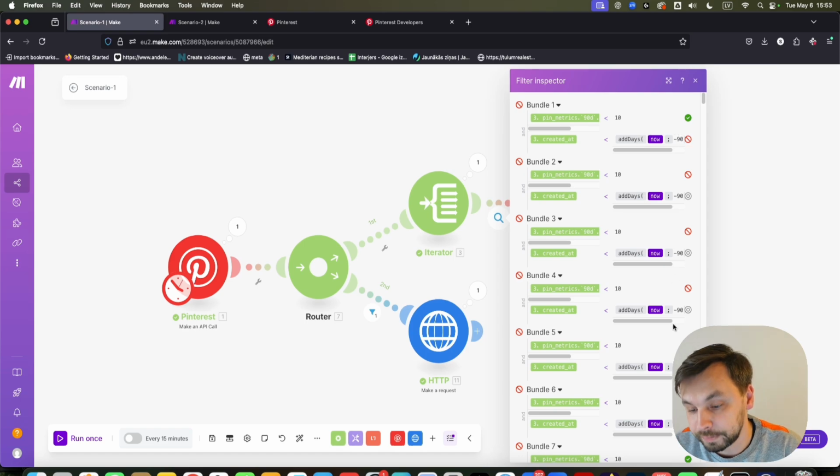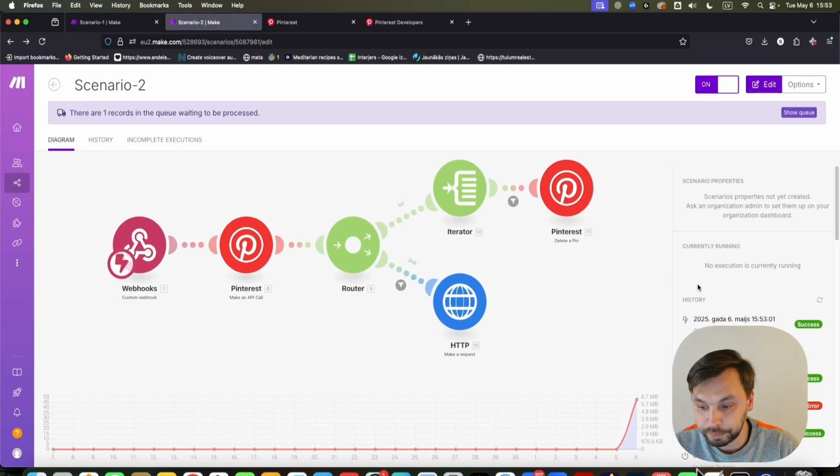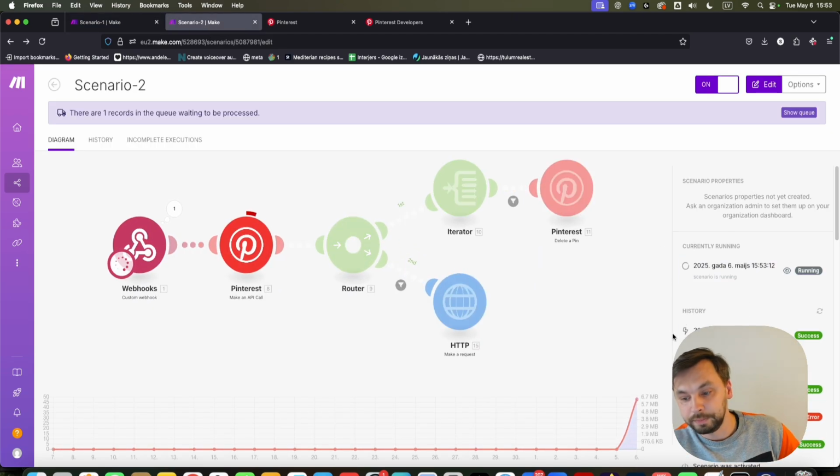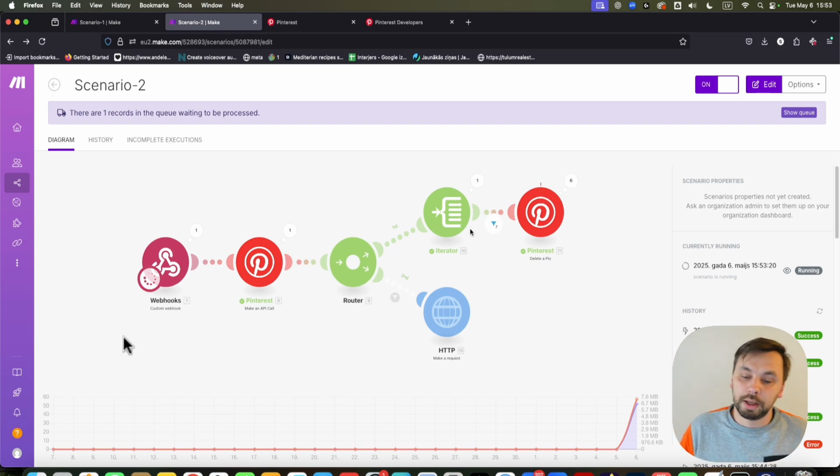So it didn't pass the filter, but it sent the bookmark to our second scenario, which should be running now. As you can see, it's running now on a loop. It's getting again the next 250, the next, and so on. At one point, as you can see here, we have hit some pins that are underperforming, so we are deleting them. And I'm going to show you, because now we should soon hit a Pinterest rate limit,